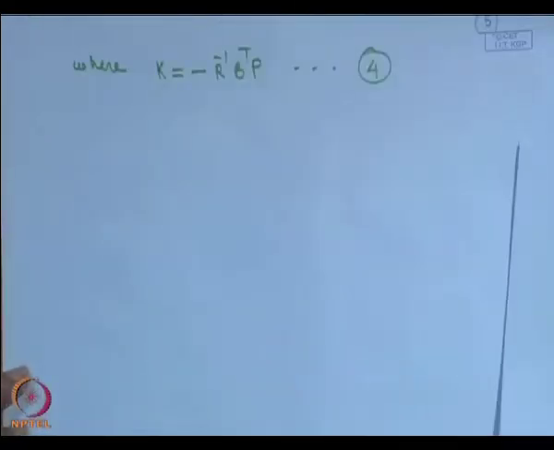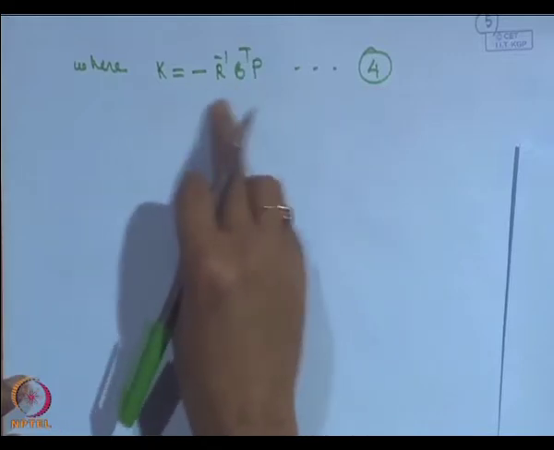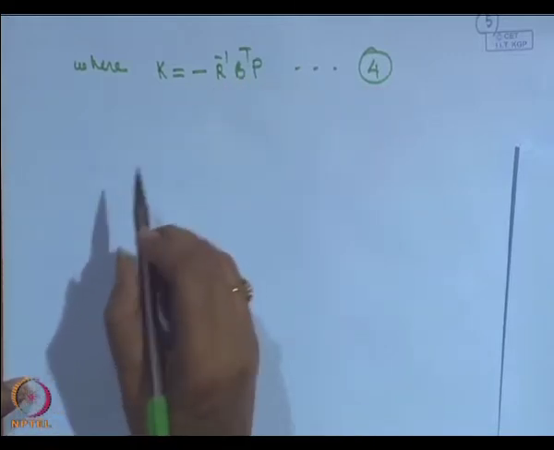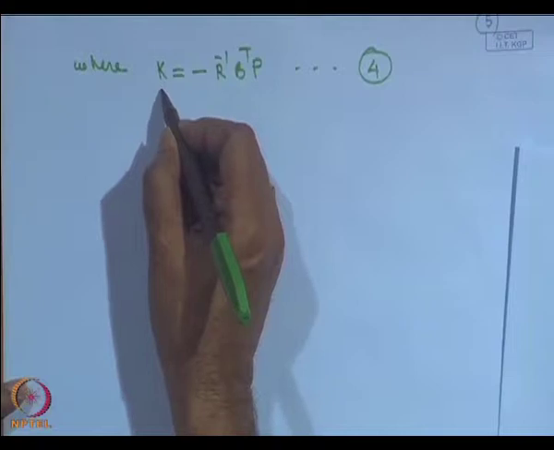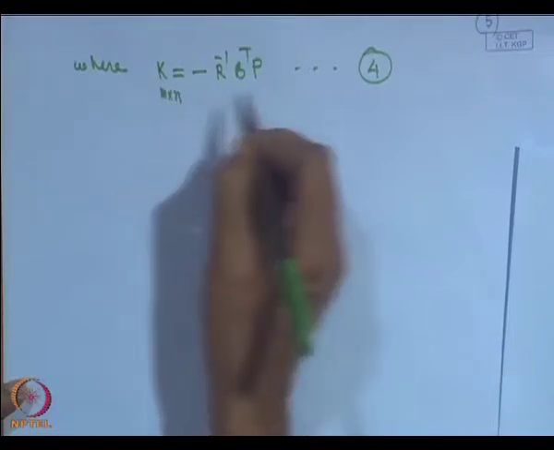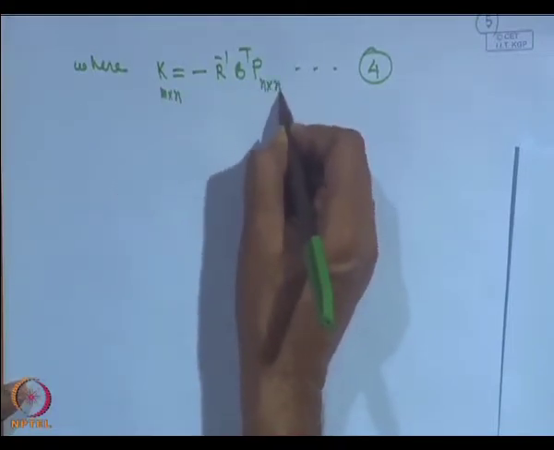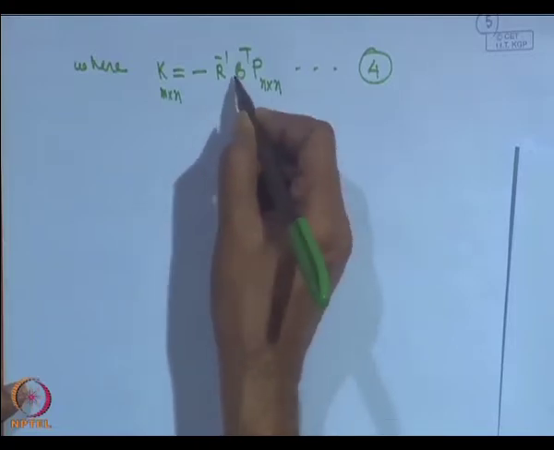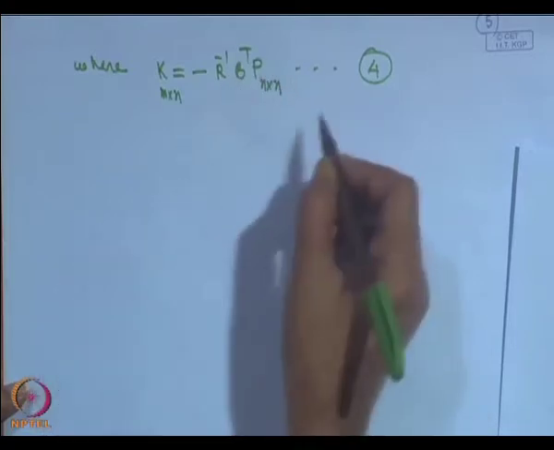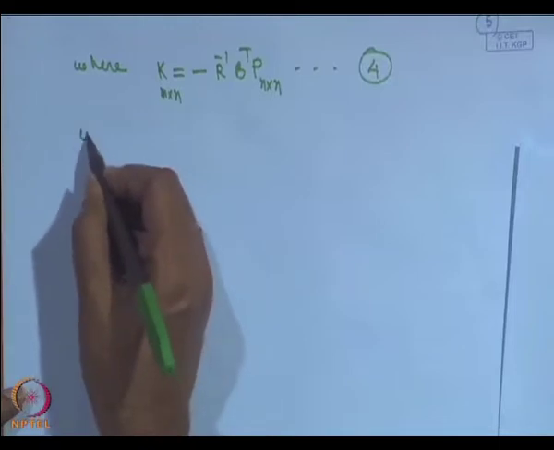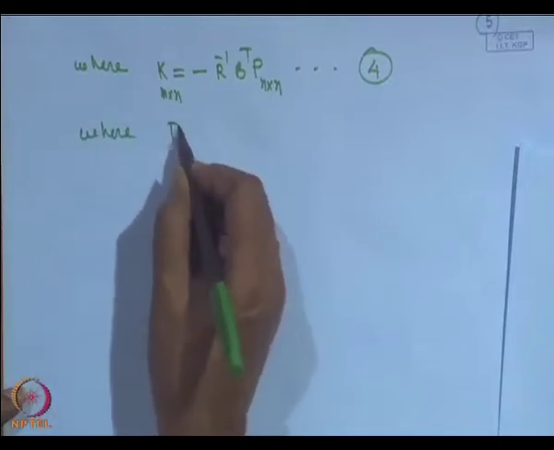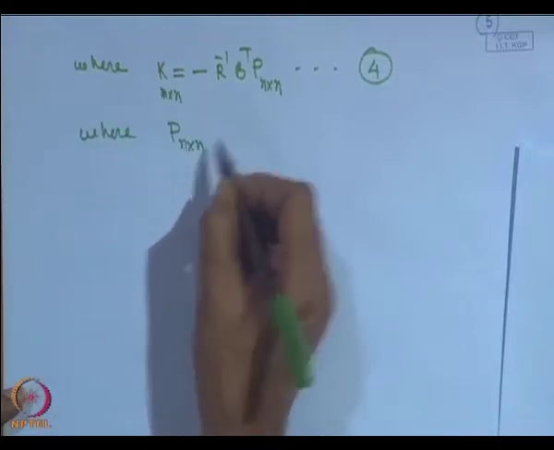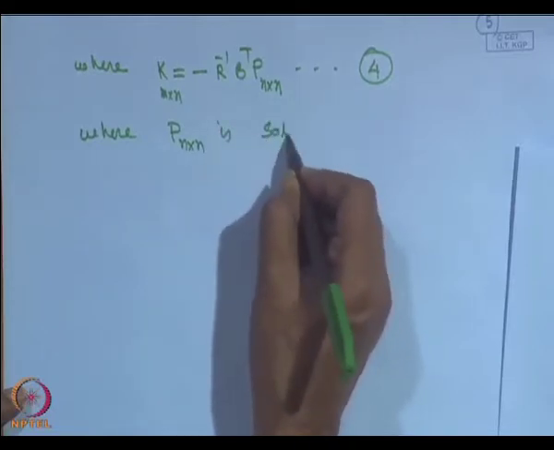We have already discussed how we got this expression. Since the dimension of K is m cross n, the other dimensions we know immediately. That is equation number 4, where P is n cross n and is the solution of our